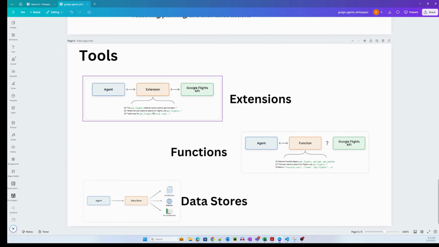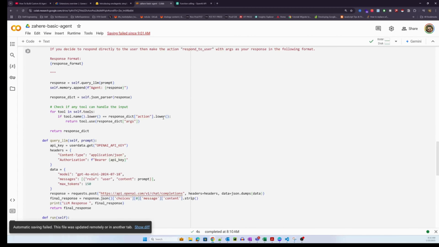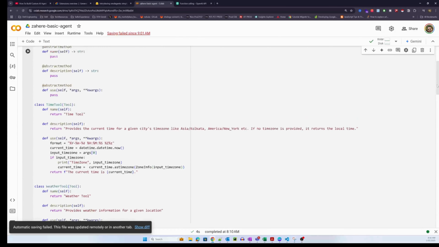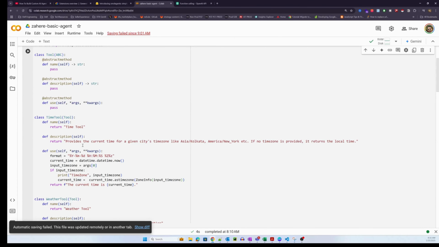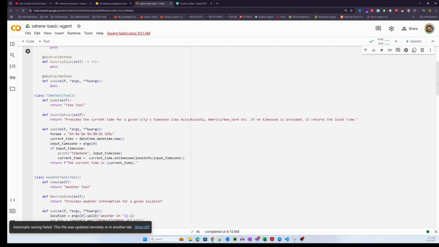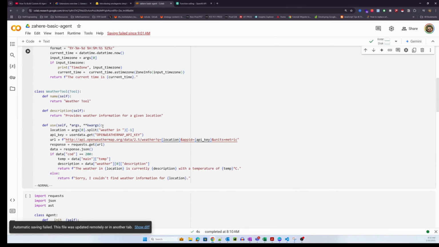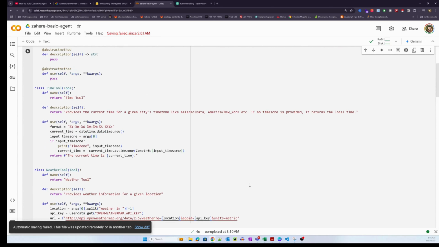I'll go back to that particular prompt now, or the tool definition. I'm specifying the time tool, or let me actually go to the weather tool, because no, I think the time tool makes sense because it's not very explicit here. The weather tool is very simple.